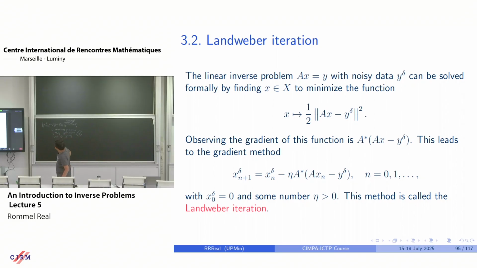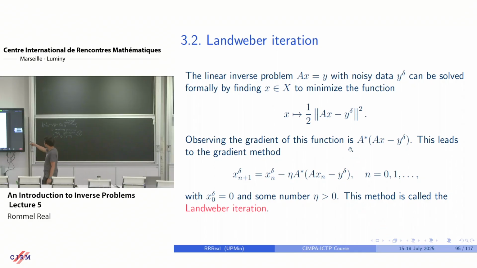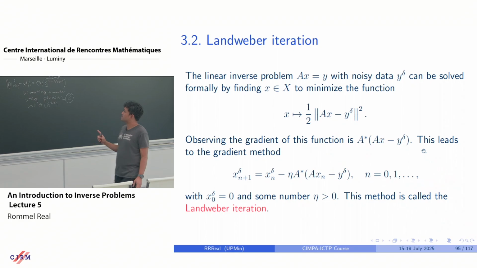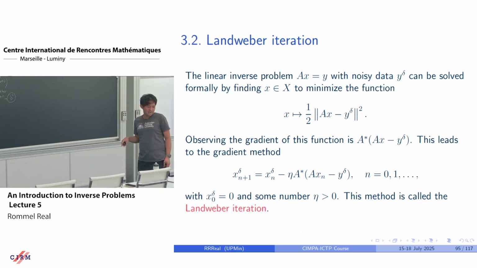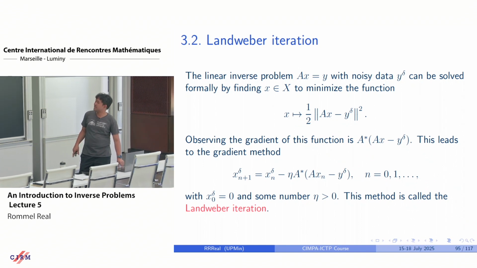If you have a linear inverse problem, it's as usual in terms of an operator equation, Ax equals y, with the noisy data y delta. Suppose it can be solved formally by minimizing this least squares functional, as you can see here. Now, if you observe that the gradient of this function is given by A star times (Ax minus y delta), and by applying a gradient method to minimizing this least squares function, this leads us to this iterative equation